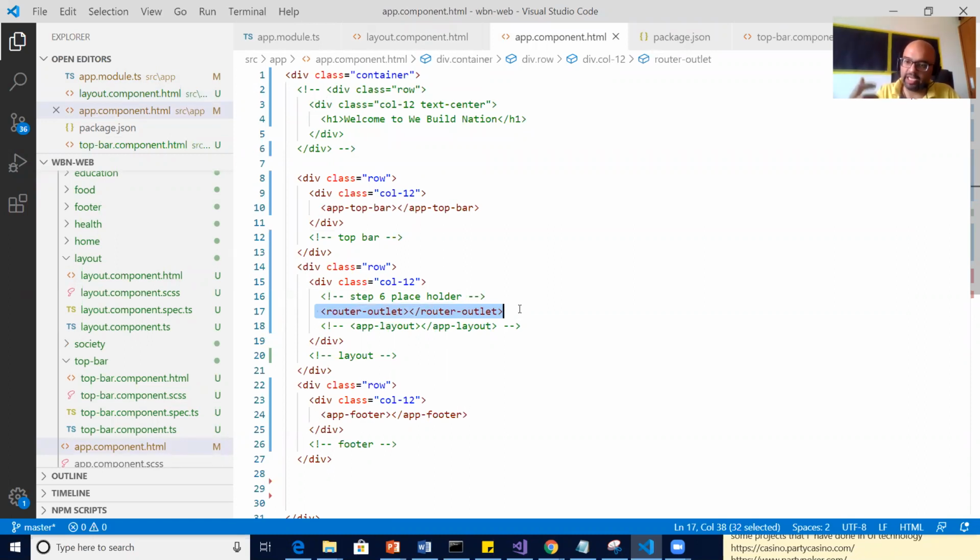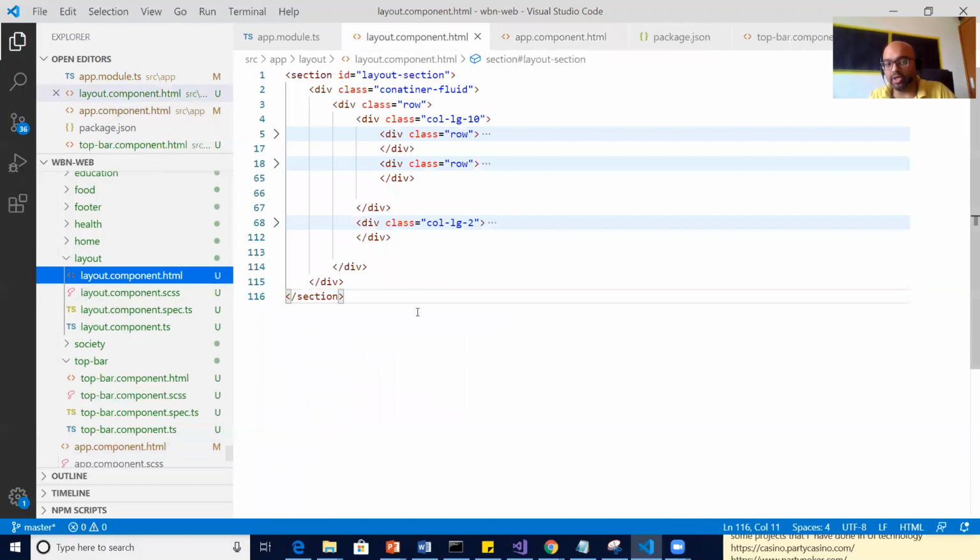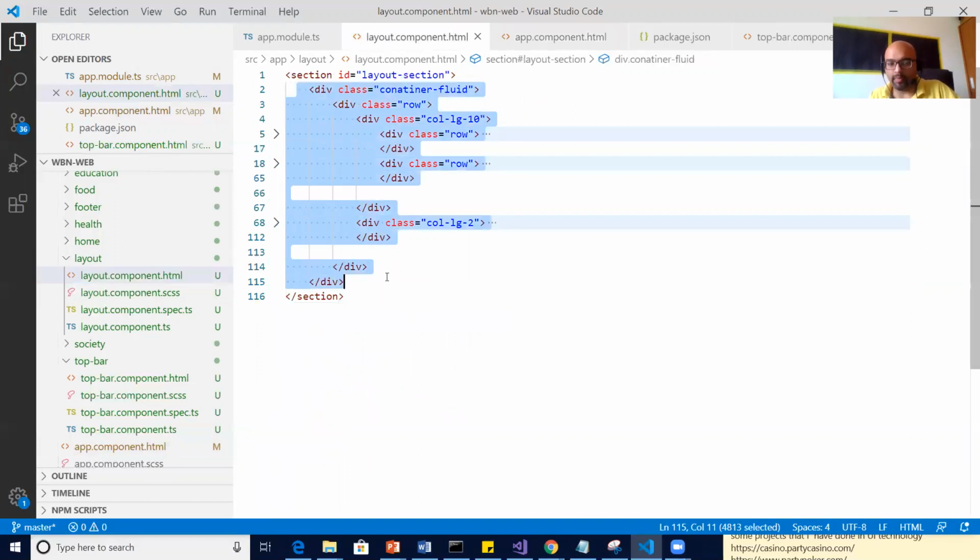Your layout is dynamically rendered by your router outlet. So we don't need a layout page, layout HTML as of now, but we do need the content of it. So I copy the content, and can you suggest me where I should put this content?